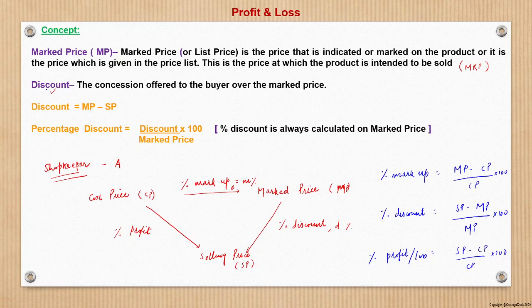The same thing I have written here. The discount is nothing but the concession offered to the buyer over the market price. That is, if market price is MP, the item is being sold at SP. So that difference is nothing but the discount, right? So here, one thing we may note: when we say discount, SP will always